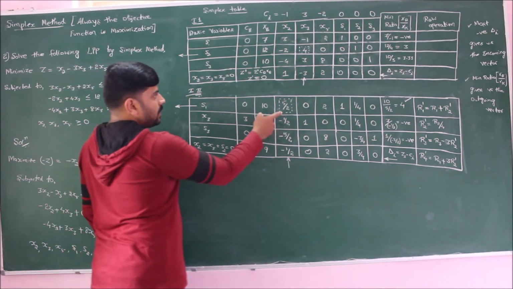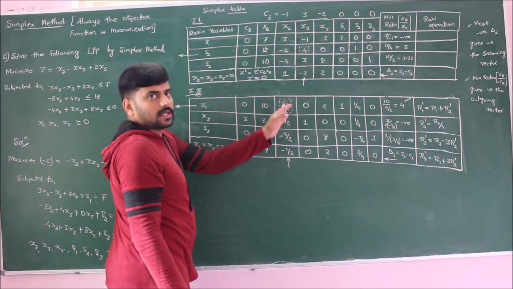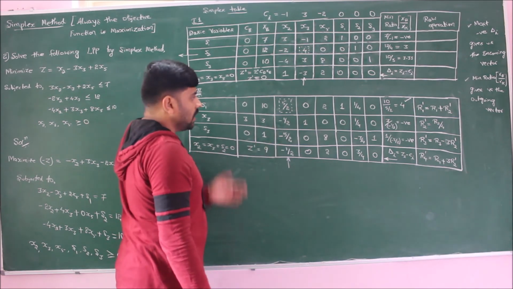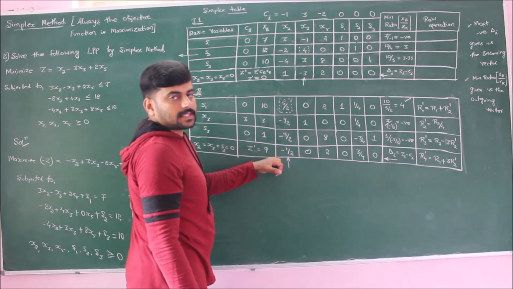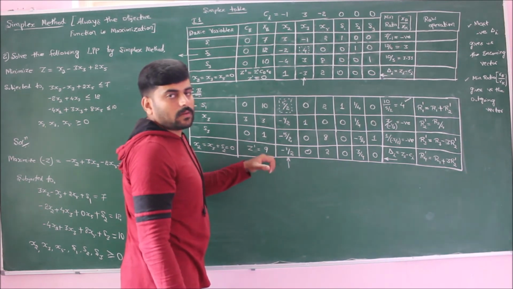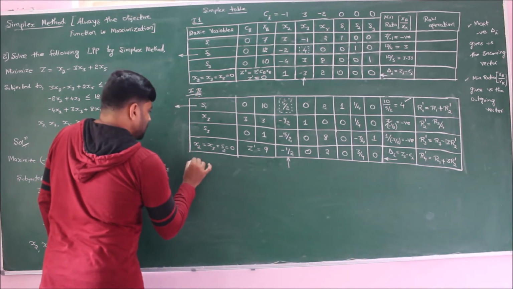Now in the next step I should make row 1 as a reference and make the key element value as unity. I should perform row operations and I should continue till I get delta I values as greater than or equal to 0. So once the delta I values are positive, the problem terminates. So moving for iteration number 3,